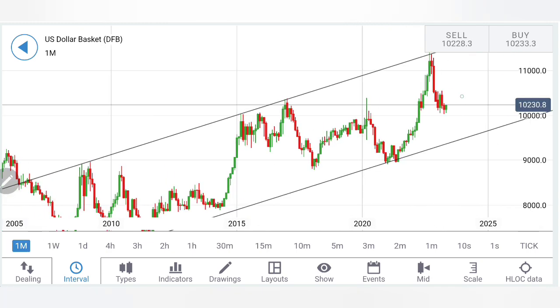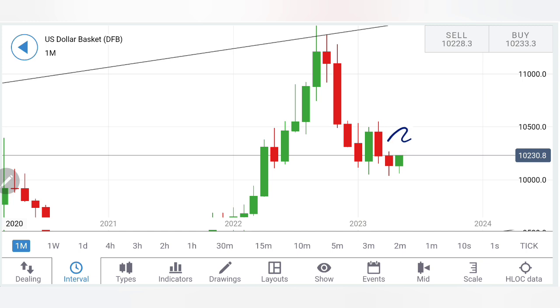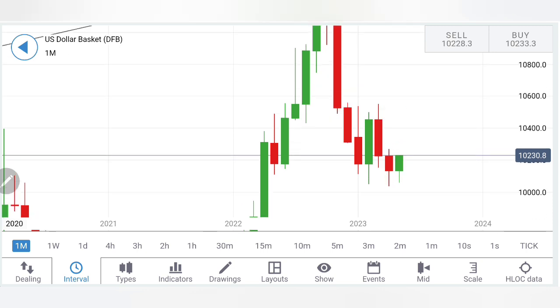Look at the monthly charts now. On the monthly charts, look at the previous candle, the bearishness has diminished here. Look at this candle and this candle. Certainly this was a bearish candle, but here the bearishness is diminished, and now it is trying to give you an exactly symmetrical candle. It may try to rise till 103, 103.5 levels and then close the month at around 102, 102.3 level. So yes, a little more bullishness can be expected, and then possibly there could be a retracement towards the end of the month till towards 102.3 levels.